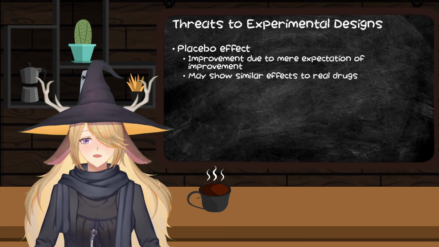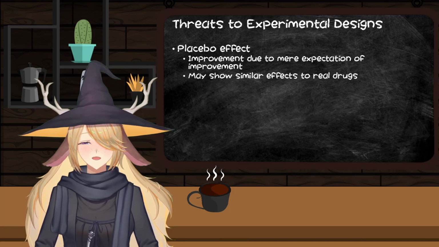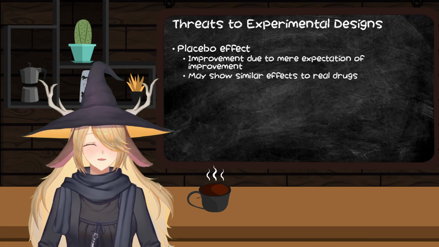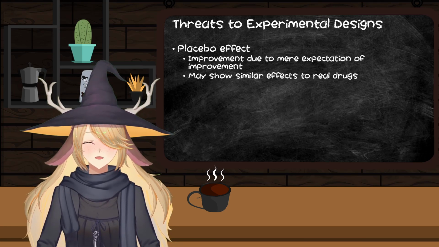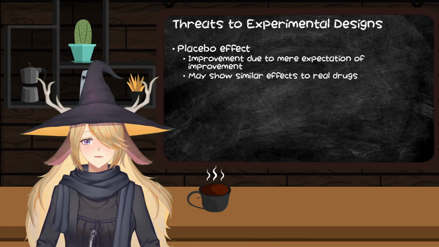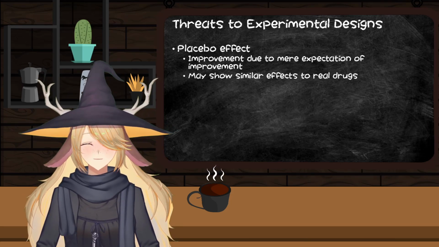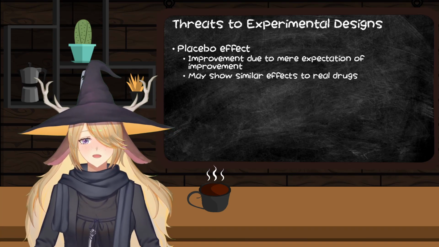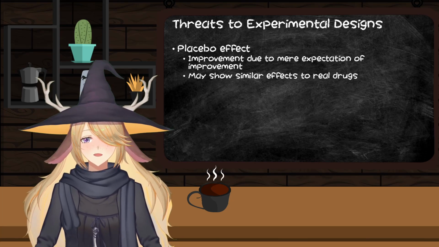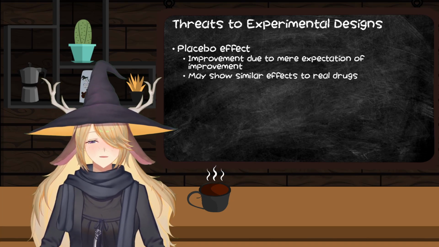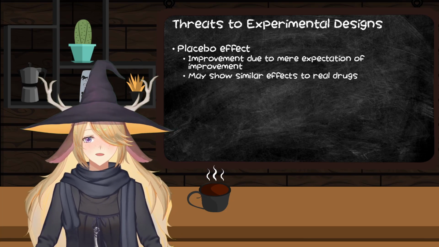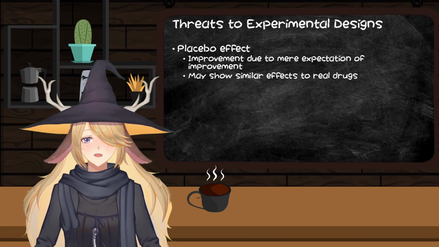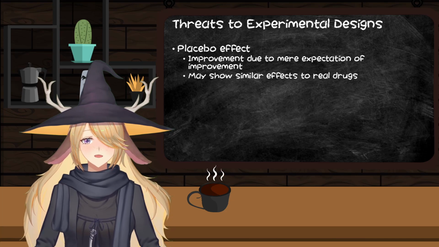There's also the classic of the placebo effect. So again, let's keep the same paradigm. One group is told to do a mindfulness meditation 3 times a day. One group is told to not do anything. Both groups are told to keep a daily diary of their moods throughout the day. Now, in some cases, let's say the people in the control group might just realize that they're part of a research study anyway, and the mere expectancy that they are going to feel better might cause them to feel better. And in fact, in some cases, the placebo effect is so powerful that it can actually mirror or exceed the effect of prescription drugs.